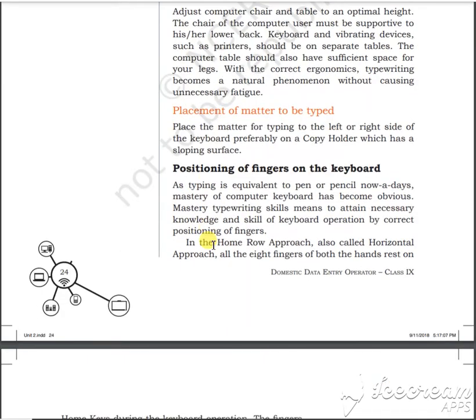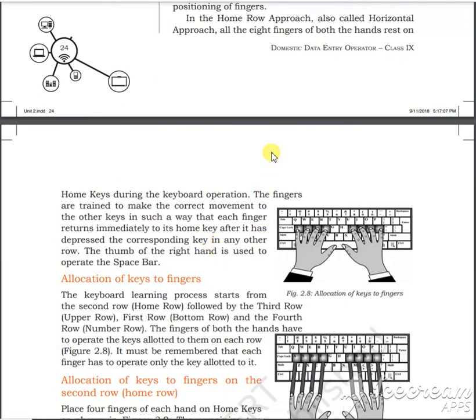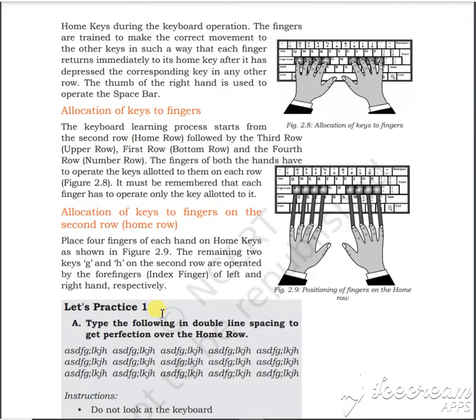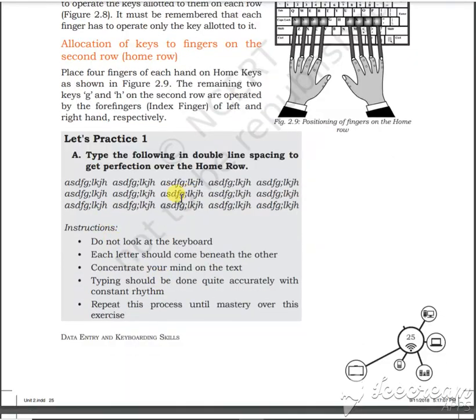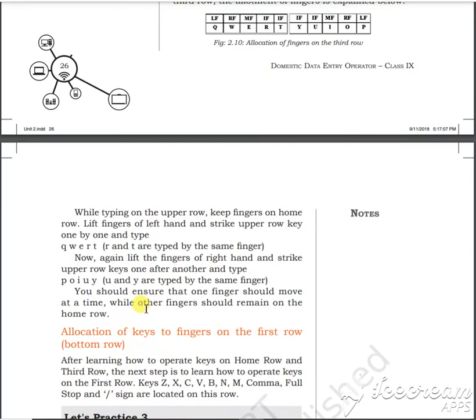This is a permanent placement, positioning the keyboard. This is how you are going to position the keyboard, place your fingers on the keyboard, and allocate your fingers. This is not stretching the keyboard, this is how you will move your finger. This is the allocation of your fingers on the keyboard, isn't it? This way, these two you will leave blank. So this way you are going to allocate. You can practice all these things from your book, it has been given. You can practice all these things, how to write.